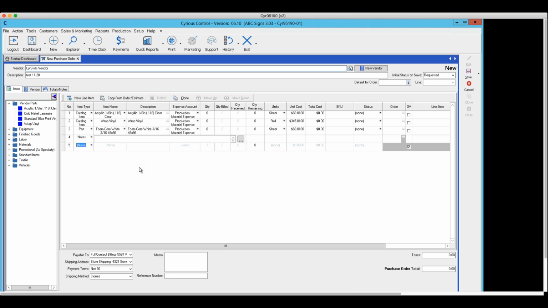Now notice that the quantities, this is quantity to be purchased. In this case, it would be the number of sheets. This one would be the number of rolls, and this one would be the number of sheets. So you would enter, if you want 10 sheets of that material, it's 10, and the cost is $60 a piece, and then it calculates the total